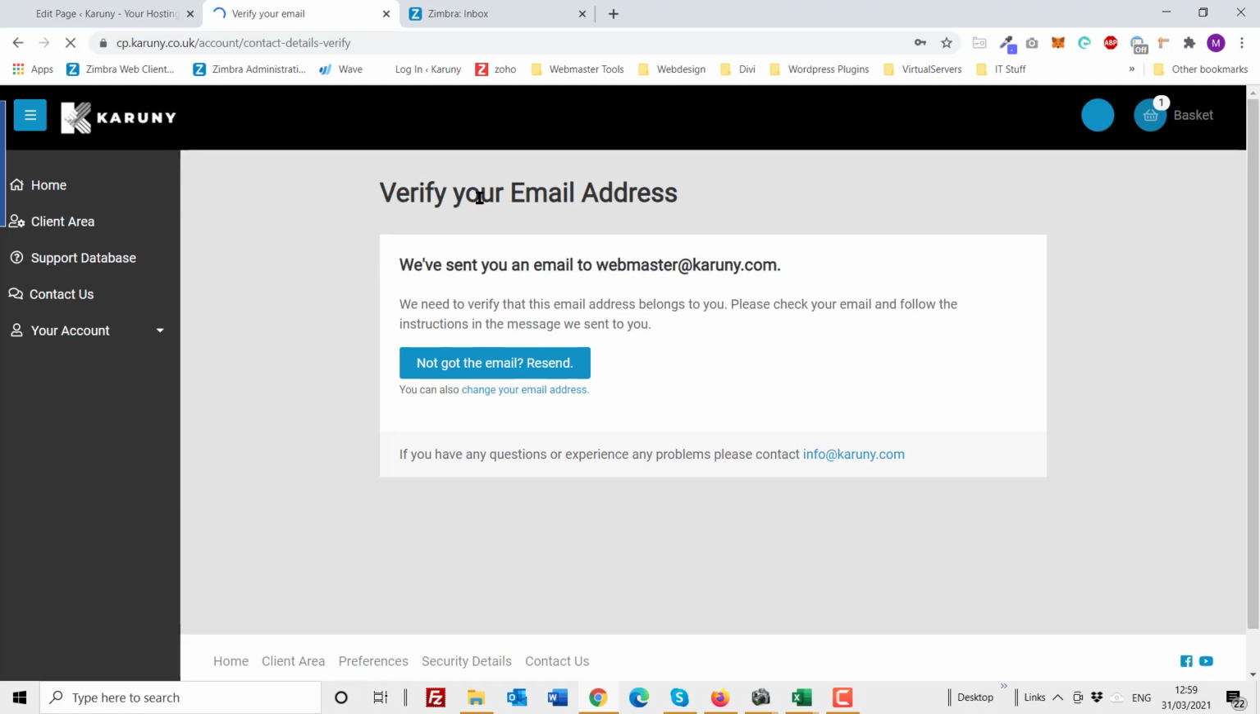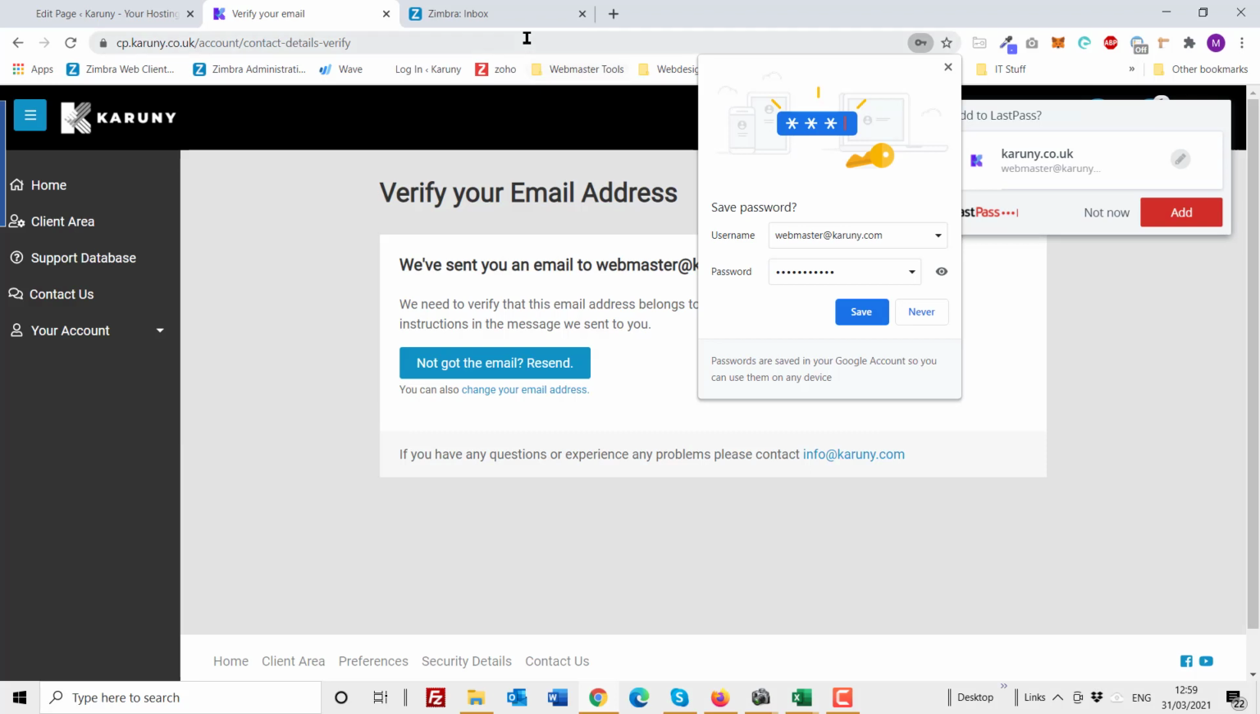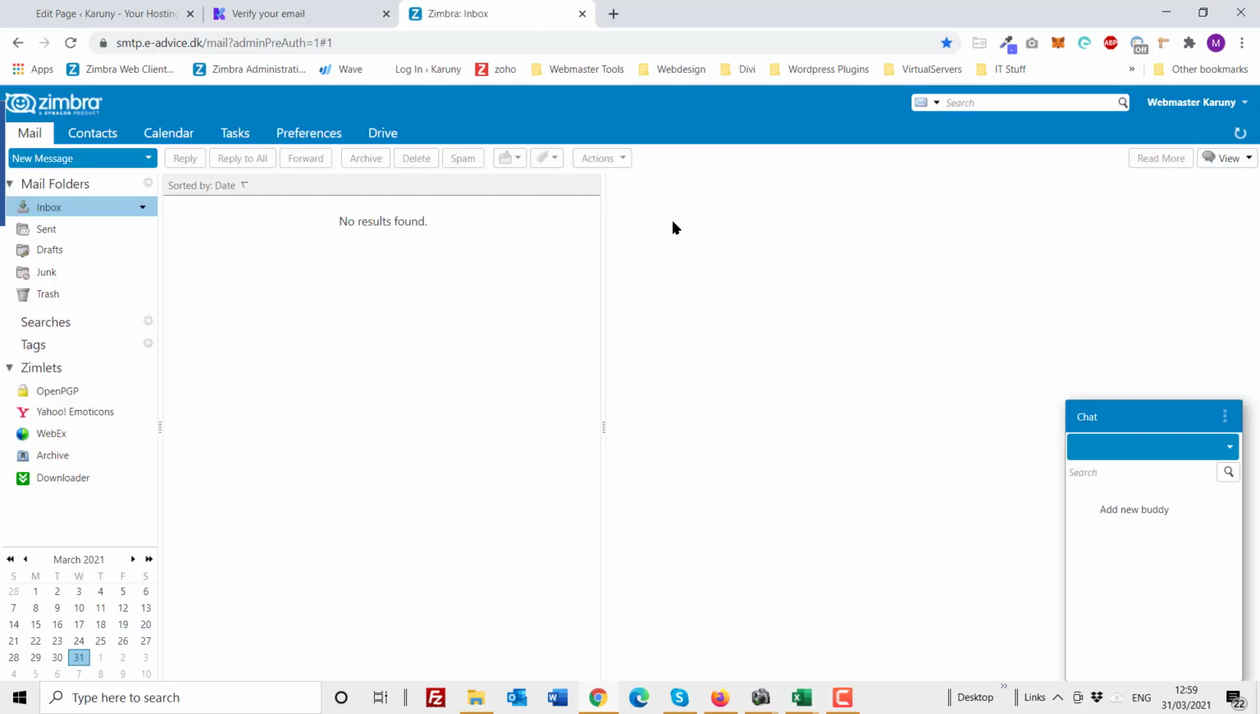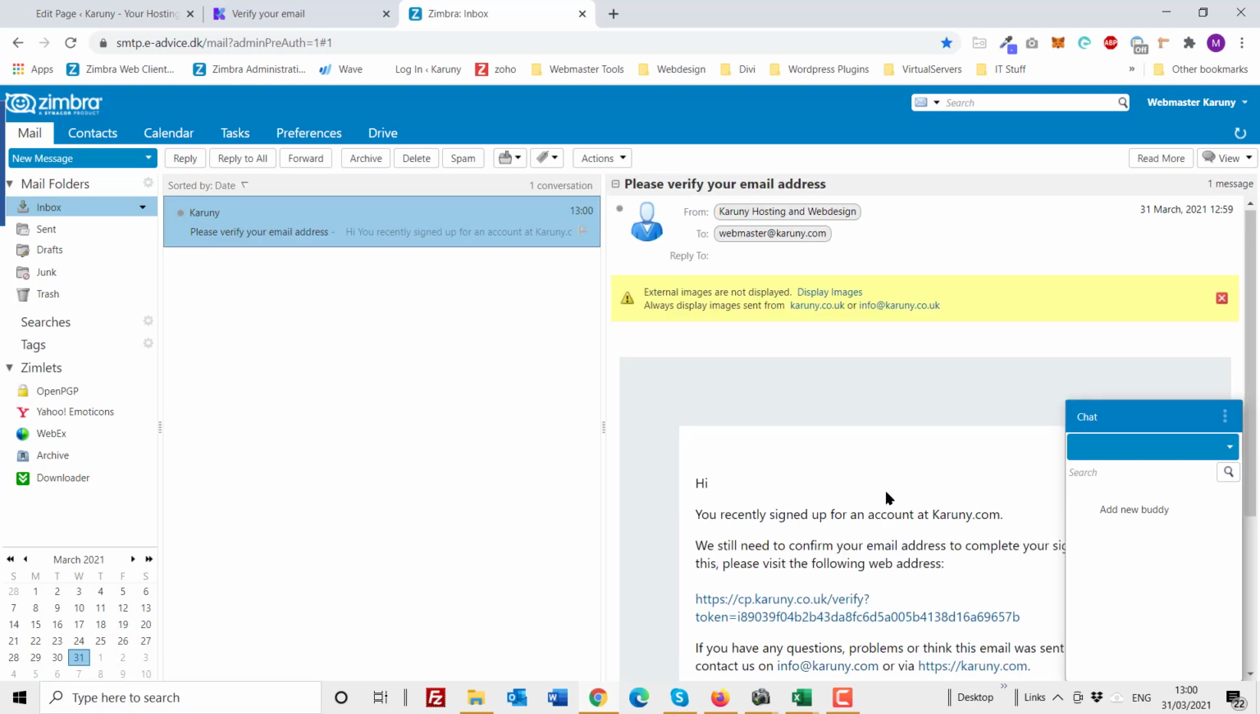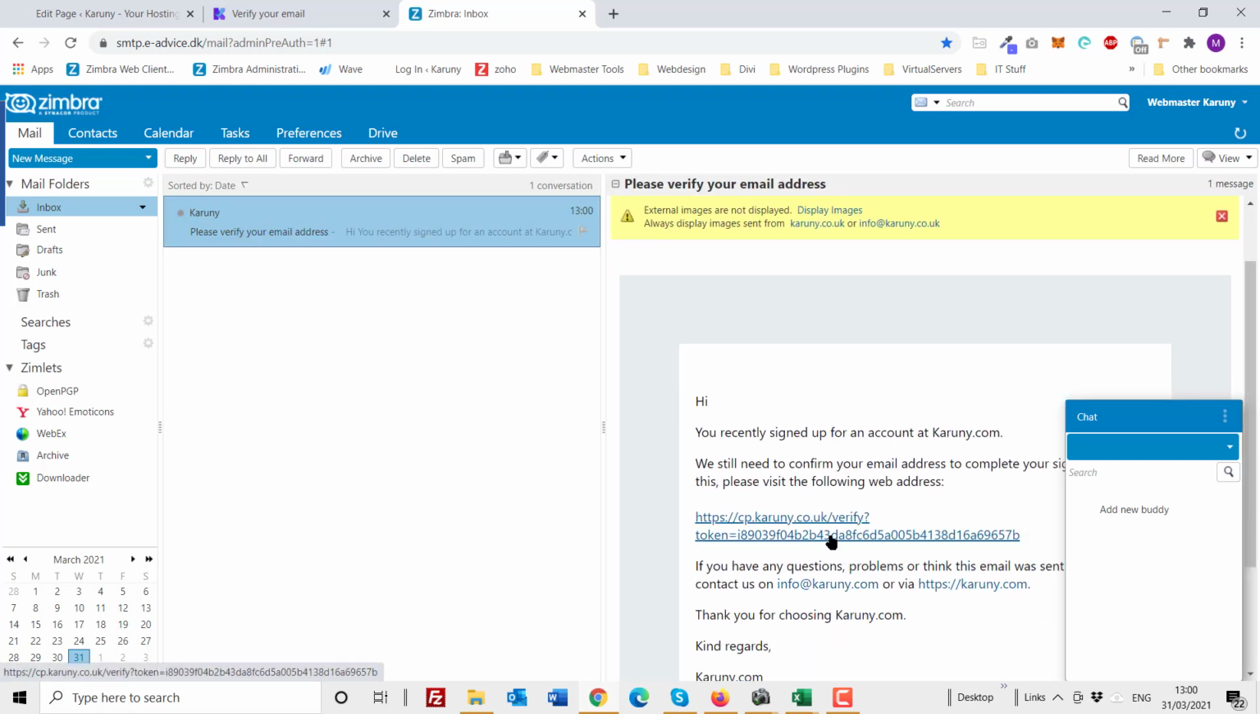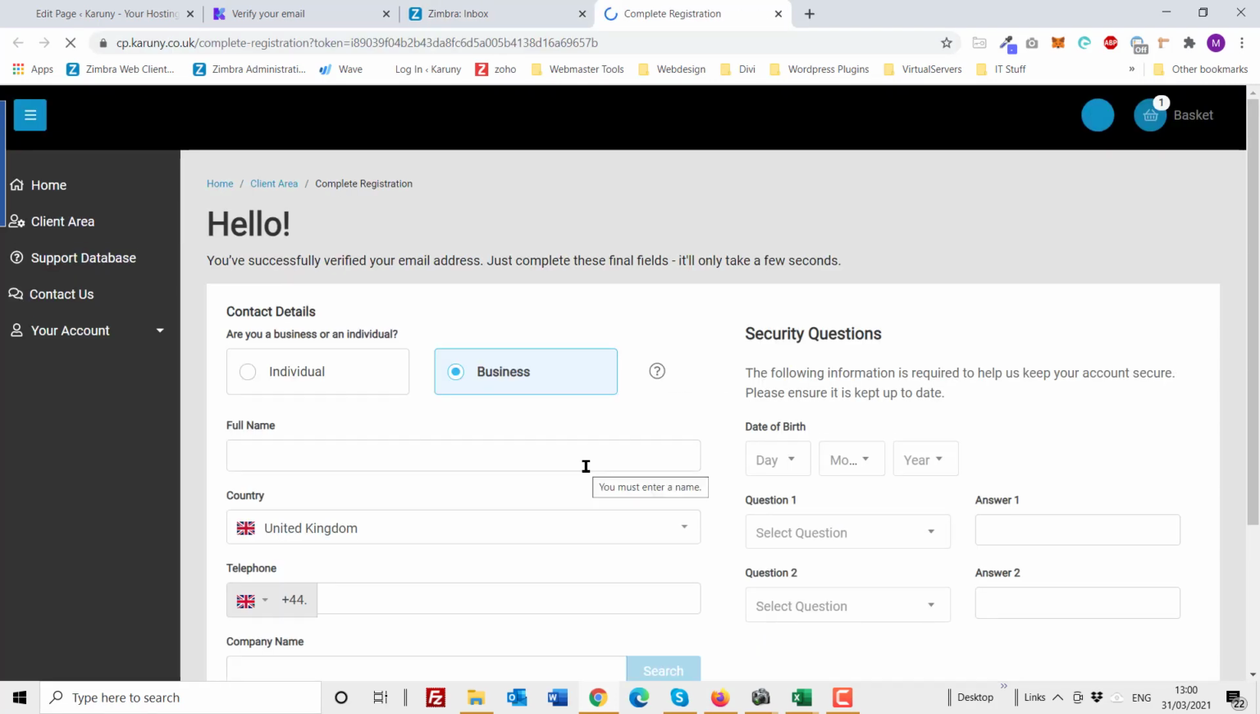Then it says that you have to verify your email address that you have just got. So I'll go into my webmail and I'll check if something is coming in here. And there is my verification mail, and I have to click on this link to verify. It brings me back in, and now I am already logged in to my control panel where I now have